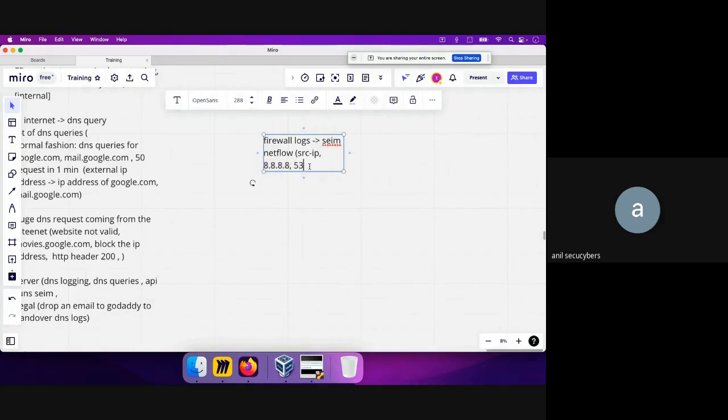And again, what you can do is forward that to the SIEM tool of your choice, and from the SIEM tool you can figure out what the queries were. So my objective over here is to